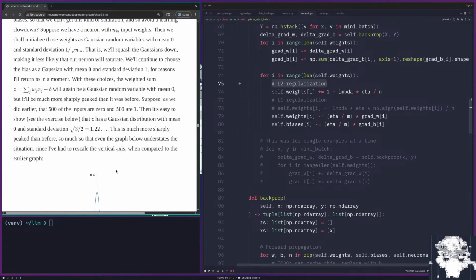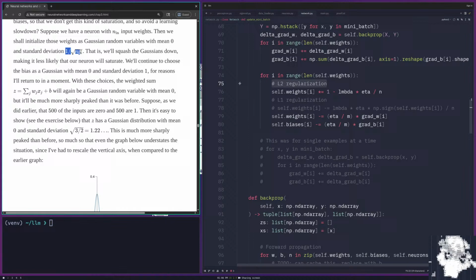So we're saying the standard deviation of each of these is going to be 1 over square root of n in, which means the variance is 1 over n in. The variance of the sum is going to be equal to the sum of the variances, so that's going to be n in